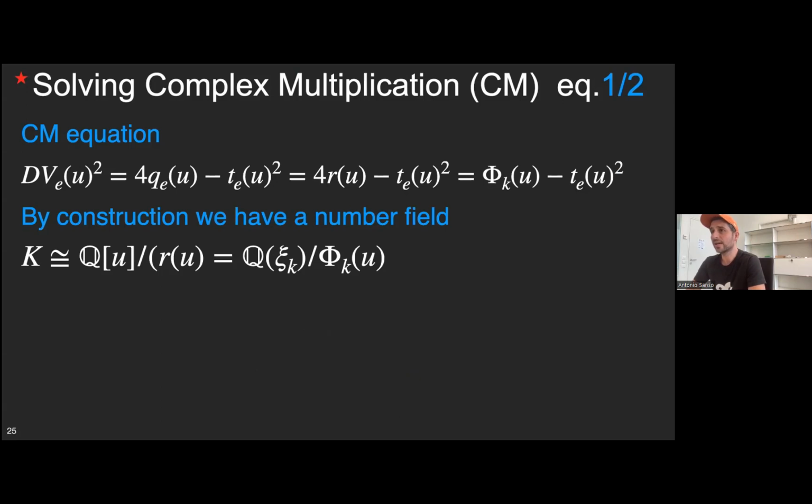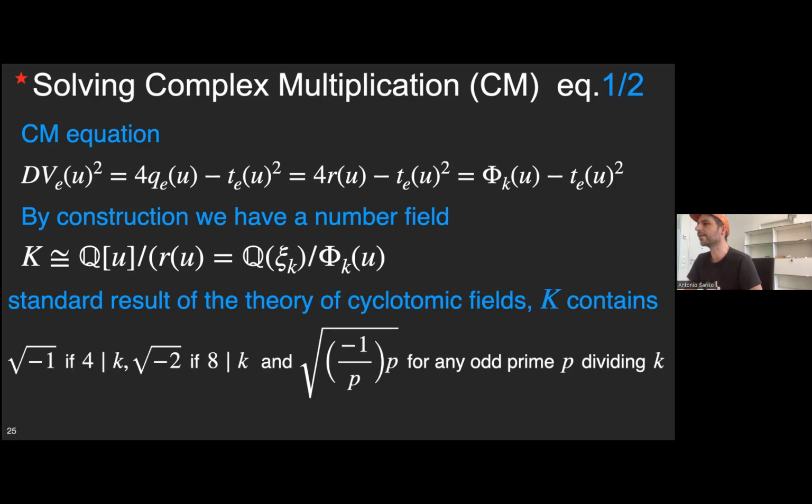Now, by construction, we have a number field K, which for BLS is the field over the kth root of unity, quotient by the cyclotomic polynomial. And we have some standard results of the theory of cyclotomic fields that we can actually leverage pretty well. So we know, for example, that if you have a cyclotomic field, then K contains the square root of -1 if 4 divides k, and the square root of -2 if 8 divides k, and so on. So how does this help again? Step by step,